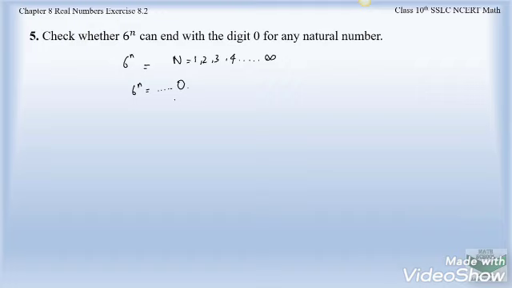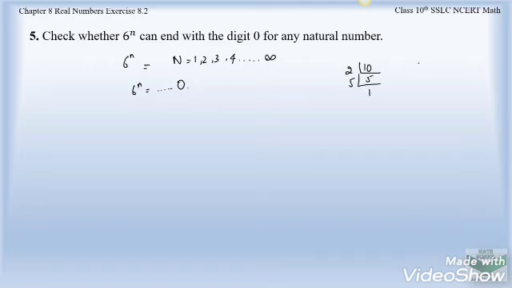This kind of problem we have already solved in the examples. I think that is example number 5. So you can watch that video by clicking the I button above, or you can find the link in the description below. To find the value of n, let us find the prime factors for any integer which ends with digit 0. For example, if we consider number 10, let us find the prime factors for number 10. 2 5s are 10 and 5 1s are 5.